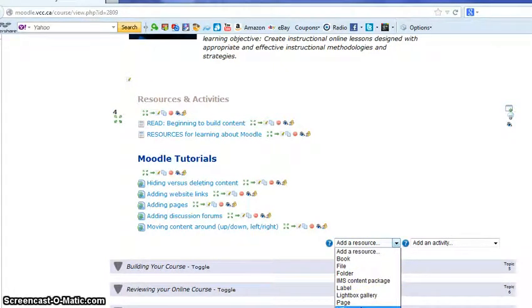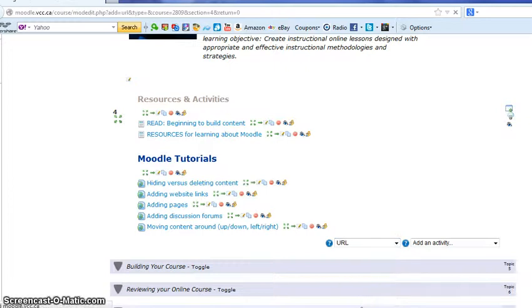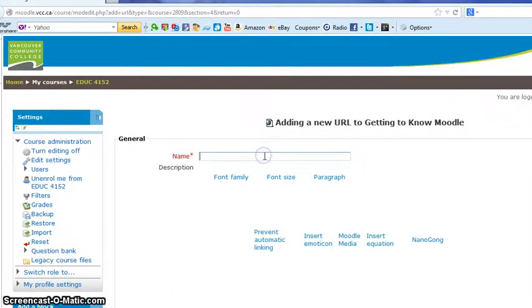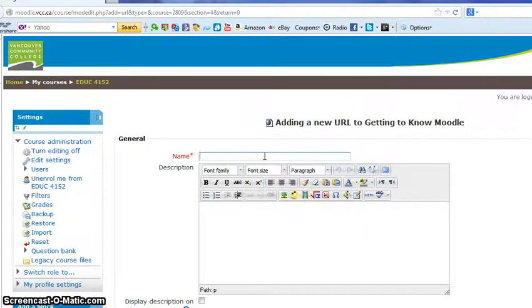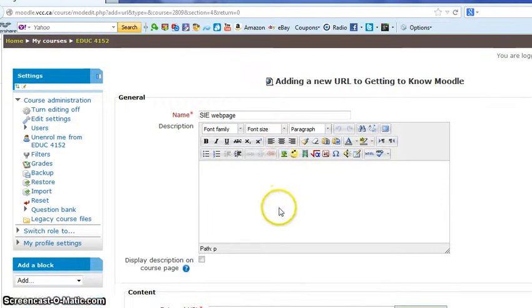It says URL, so you click on add URL, and then let's call it a name. What will we give it? I'll send you to the School of Instructor Ed webpage. So you give it a name. You don't have to give it a description, but you can, and I'm going to do that just so that you can see on the home page what that looks like. So we'll say instructor's diploma